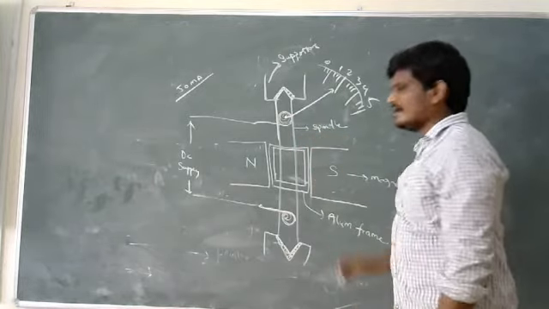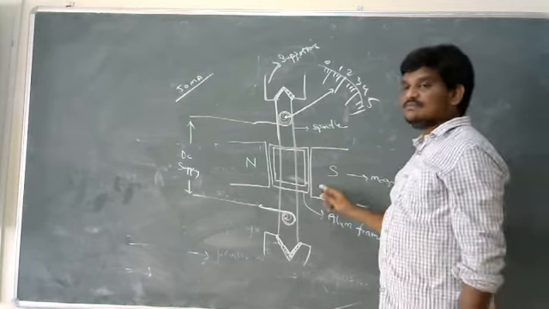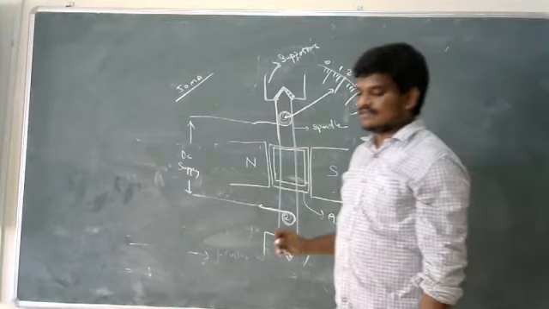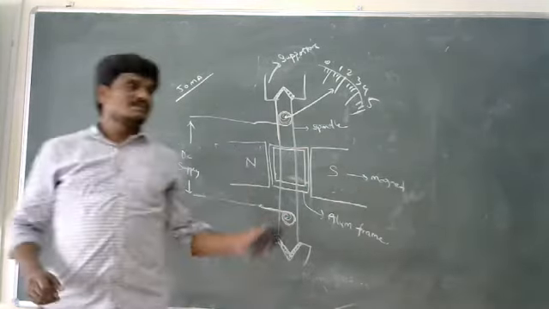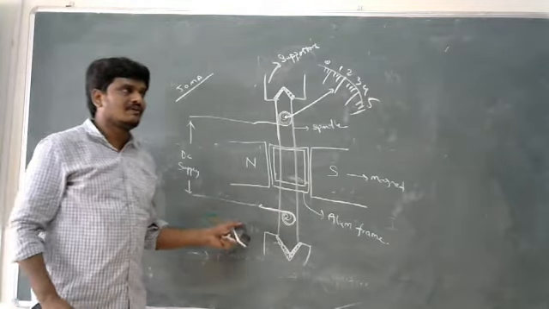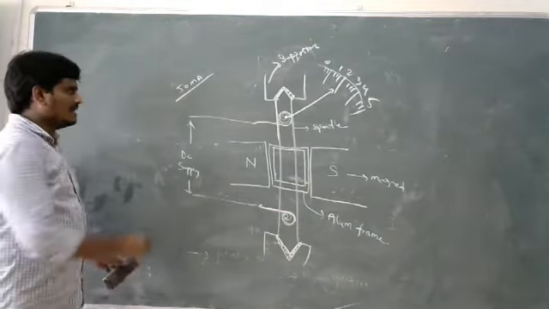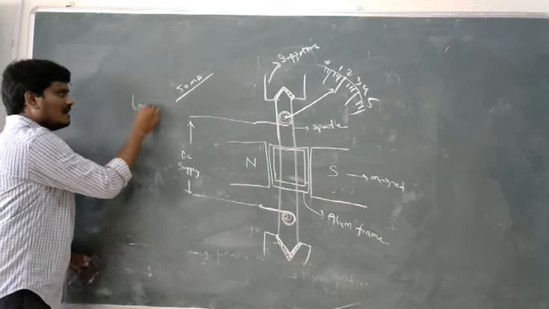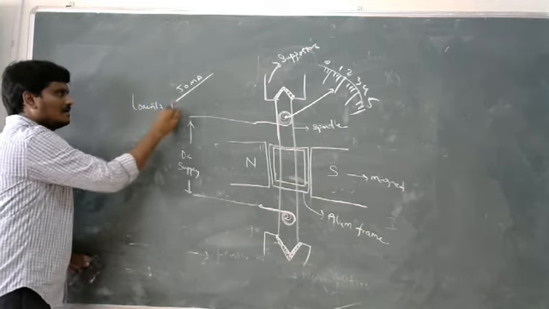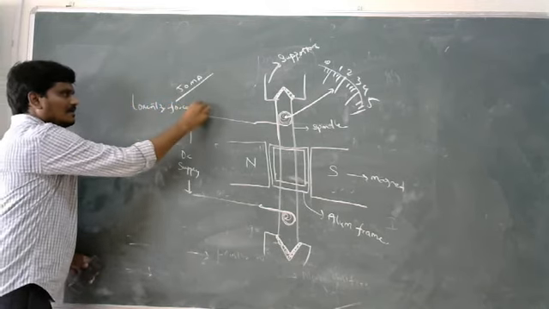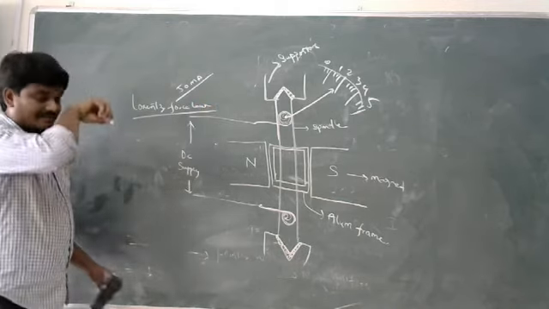Now coming to the magnet. What is the working principle of an MC instrument, which we have discussed earlier? The working principle of an MC instrument is completely similar to that of a DC motor. The working principle of a DC motor is the Lorentz force law. Now I am going to give the statement of this.